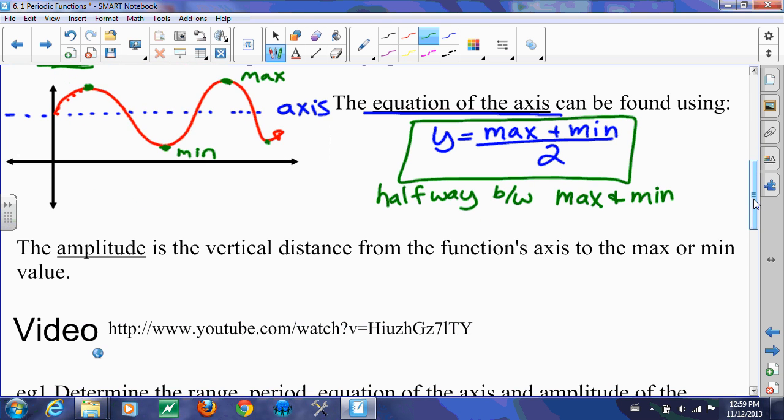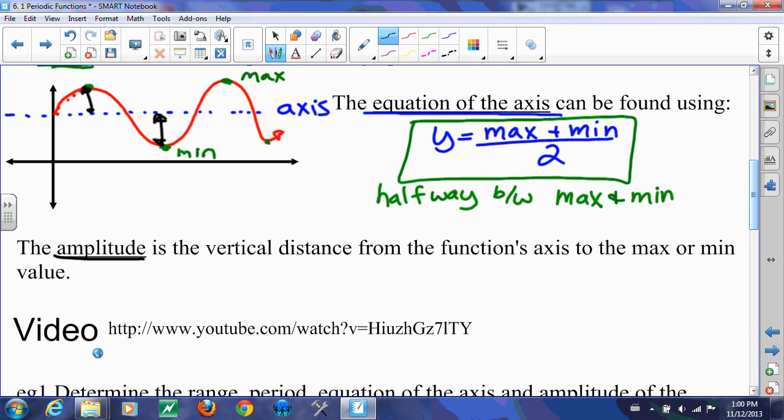Another piece of terminology we need to learn is called the amplitude. Okay, the amplitude is the vertical distance from the axis to either the min or the max. So it's either going to be this distance here to the min or this distance to the max. Because it's a symmetrical wave, they will be the same values. Okay,